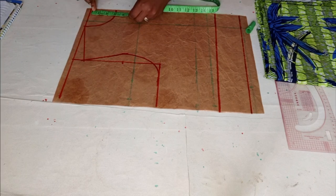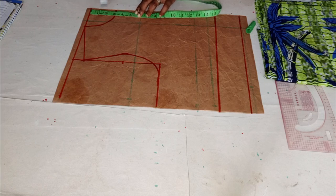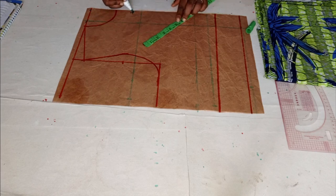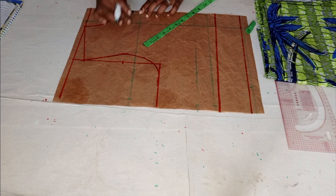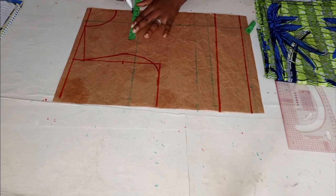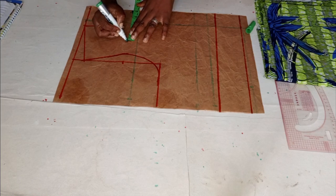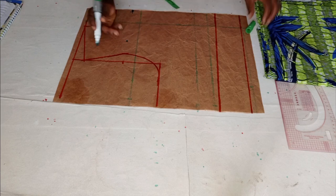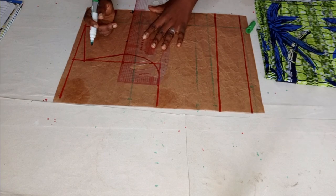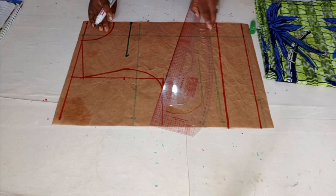You can see. Now we'll come to the neck here. So the length I'll be using for my neck downward, from the shoulder downward, I'm making use of 5 inches. This is 5. You can see. And the wideness also, I'll be making use of 5 for the wideness. So from this center part, I will go inward by 5. So this is 5 inches, you can see. So you straighten it. See it, so you straighten it this way. So from here,